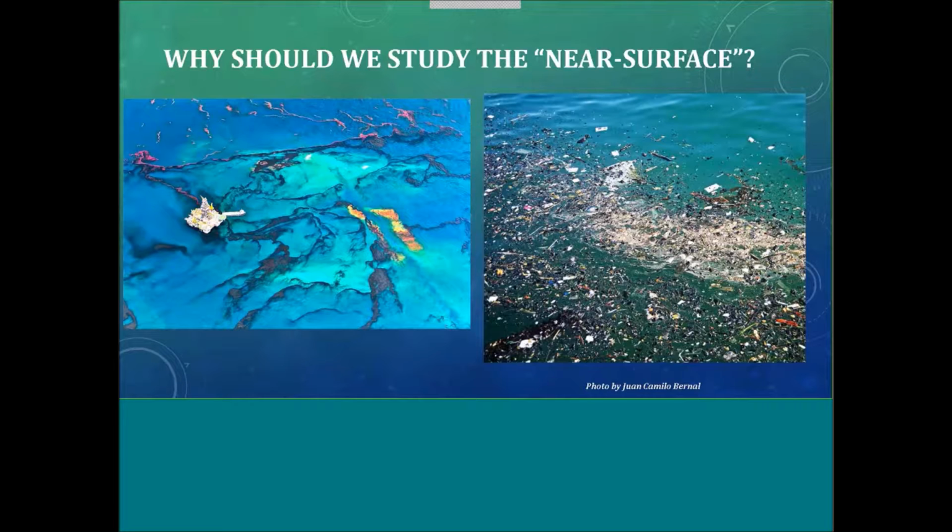Hello. So it gets transported across the ocean at the surface layer. That's where a lot of the mitigation strategies are most effective, the burning, the skimming, and the application of dispersants. And then also there are many other issues of other types of oceanic debris at the surface layer.